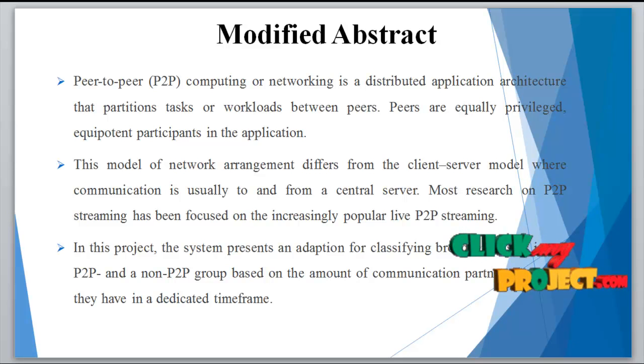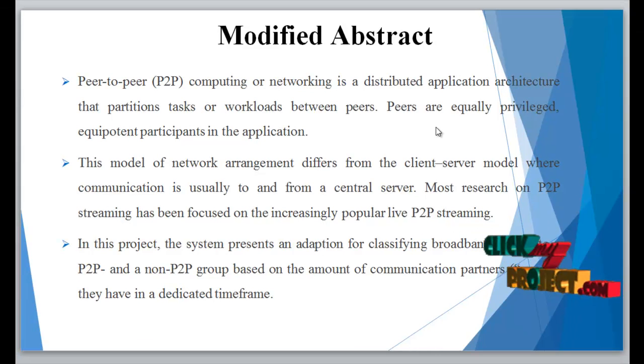In the existing system, subscribers in the Japanese ISP backbone networks were classified by the amount of data they transferred in a given time period into heavy and normal users, so they did not classify the customers into peer-to-peer and non-peer-to-peer users. The average bandwidth per user, such as 230 KB per second, is not directly comparable to our results.